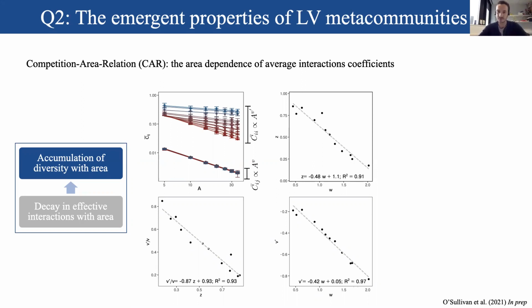Okay, the precise mechanism driving the area dependence of these average interactions is something that we are still exploring, but it's important to note that we find linear relationships between the exponent of the competition area relation and the species area relation. Okay, and likewise we find linear relationships between the exponents of both of these functions and the abiotic niche width. Okay, and these linear relationships give us good reason to believe that there is some key mechanistic relationship between the decay in the average interaction strength with area and the accumulation of diversity with area, the species area relation. So once again, then we find